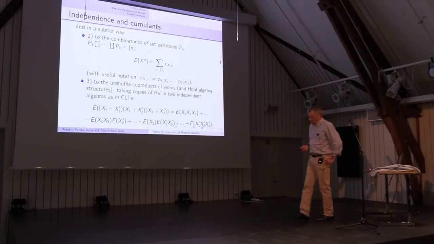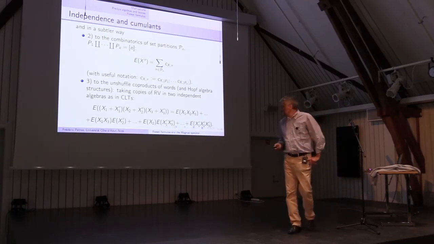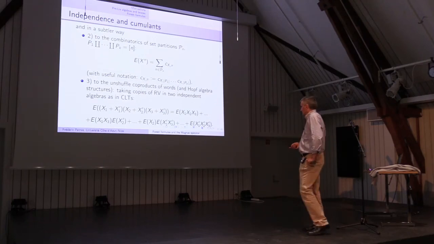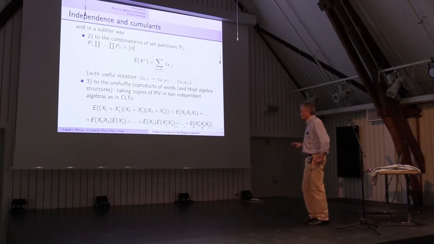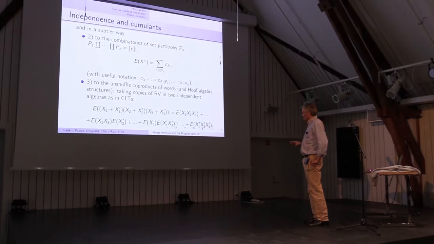And then there's a third way to encode the relation between momenta and cumulants, which is this one. It's more algebraic and it's related to central limit theorems. So if you have three random variables, x1, x2, and x3, and you duplicate them, so you create for each of them an independent copy, a copy in an independent algebra of random variables, and you expand the expectation of the product of this linear combination. So the product of linear combinations of x1 with x prime 1 and so on. What you get is, of course, of this form, because you have assumed that they are independent, x1 and x prime 1 and so on.